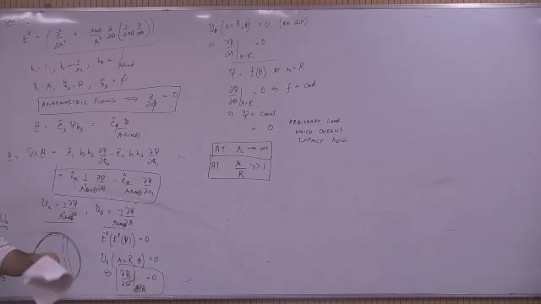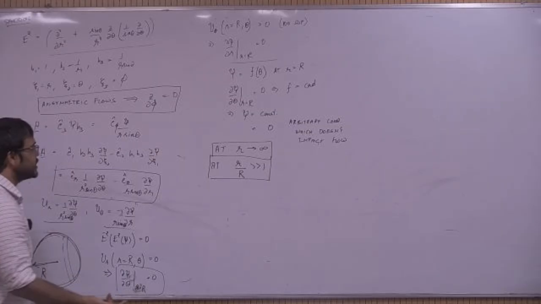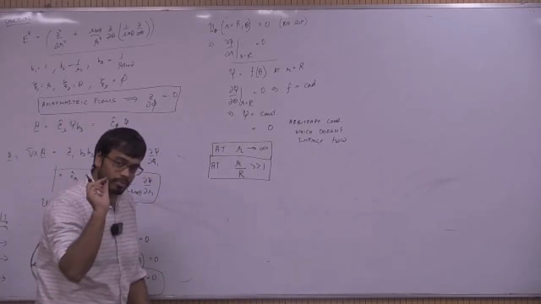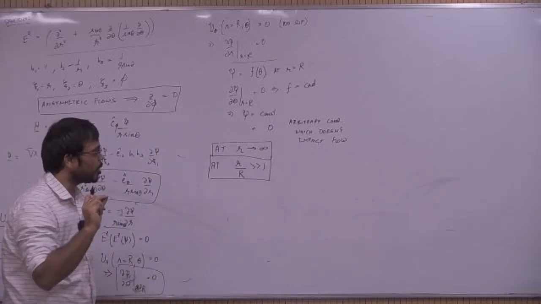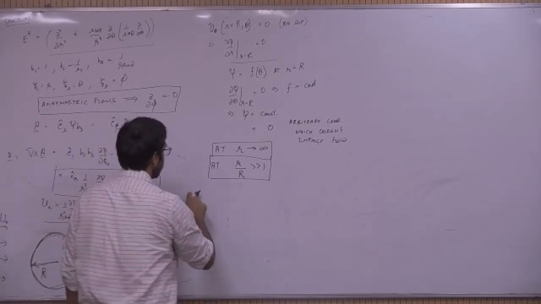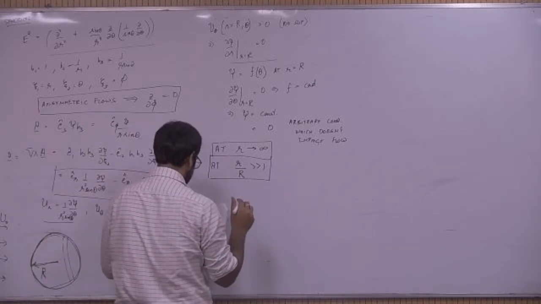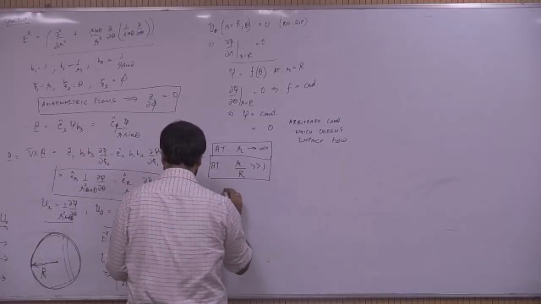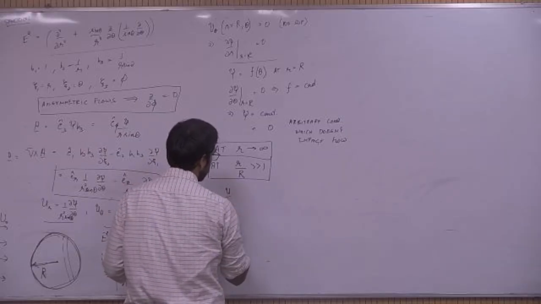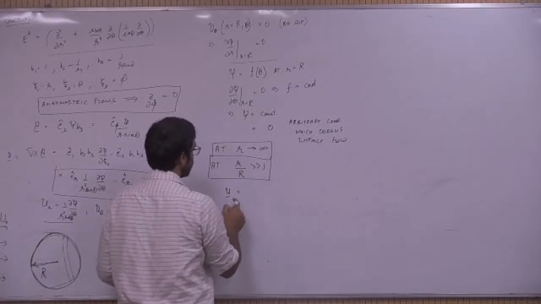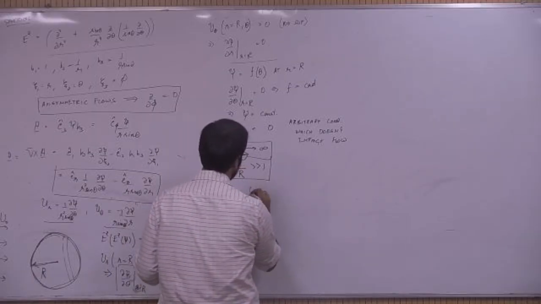Okay. Let us say the radius is 1 centimeter. I am talking about 10 meters far away from the sphere. The flow will not see the sphere essentially. Now there is a very subtle problem with this, but we will come to that later. The flow doesn't see the sphere. That is not strictly true, but we'll come to that later. For now, we will assume that the flow doesn't see the sphere and u is actually equal to